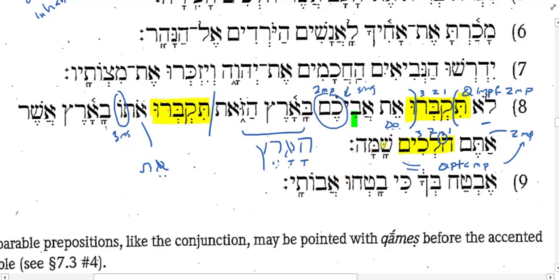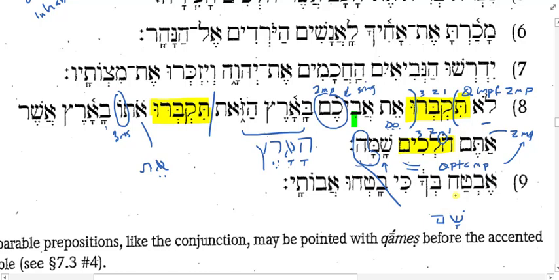Yeah. That's right. This is the word sham, but it doesn't look the way you're accustomed to seeing it. It has something tagged on to the end. What is that called? Directive. Yes, that is the directive hey. How do I know it's not stressed? Because my accent mark siluk right here is stressing the syllable right before it. It's shamma, not shama. Okay, so it's the land where you are going over there, or to there.